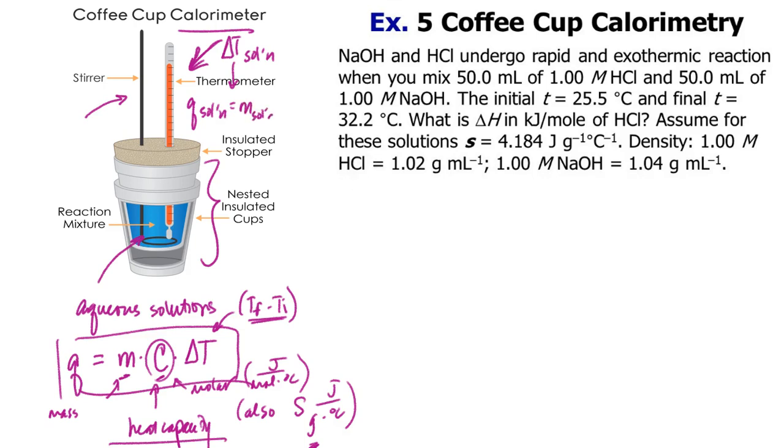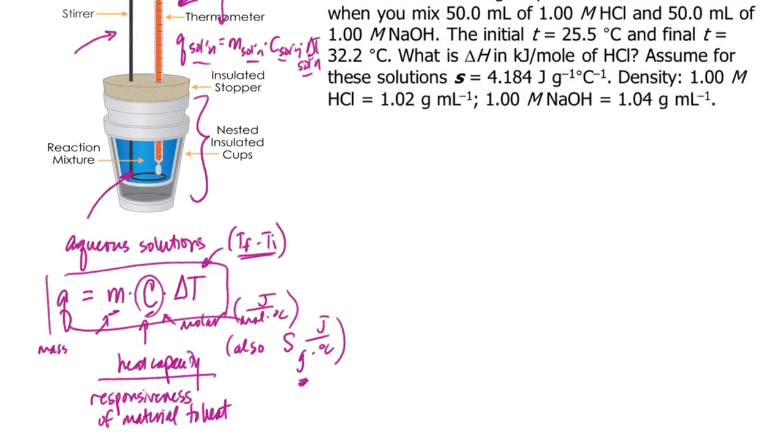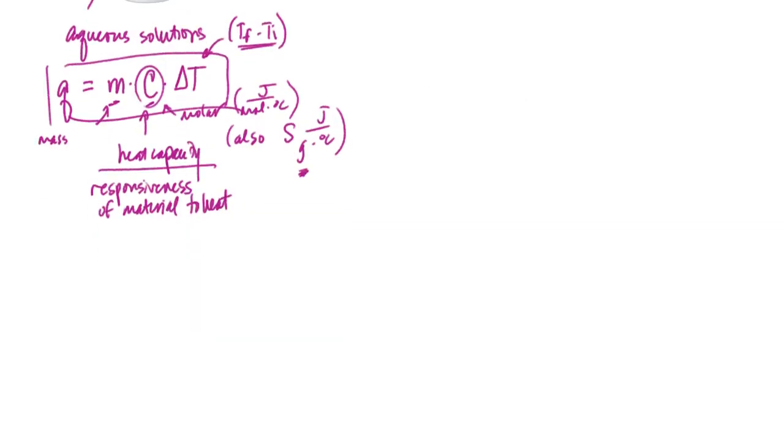So that means we'd need the mass of the solution times the heat capacity of the solution times the temperature change of the solution. Notice that the variables must match each other. So all of these quantities relate to the solution. But the way that it works is our frame of reference, if you recall back when we introduced the thermochemistry chapter, our frame of reference